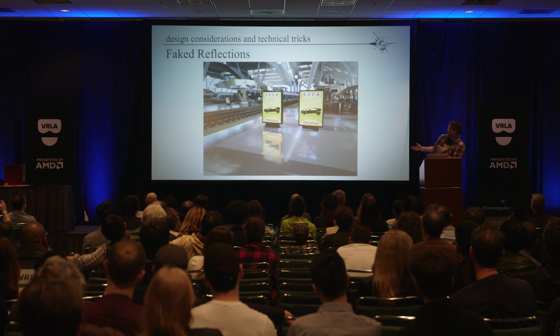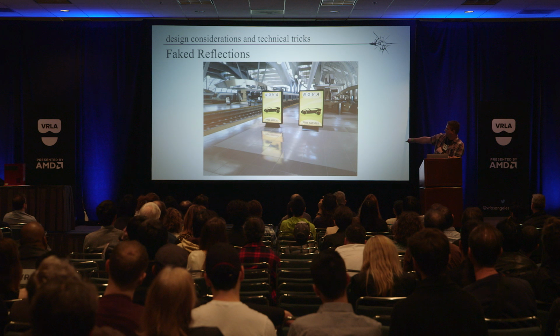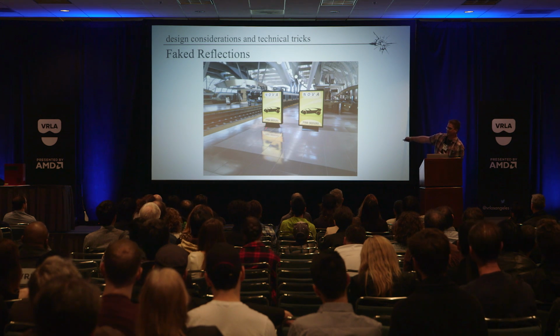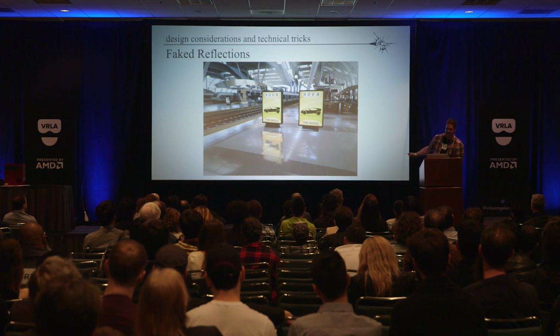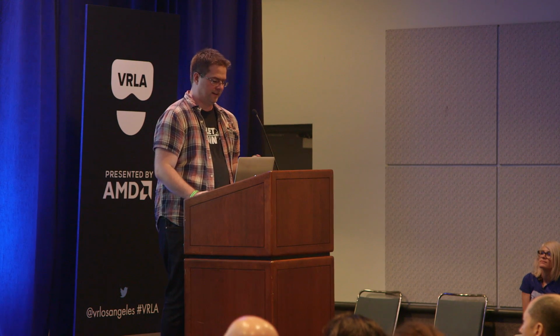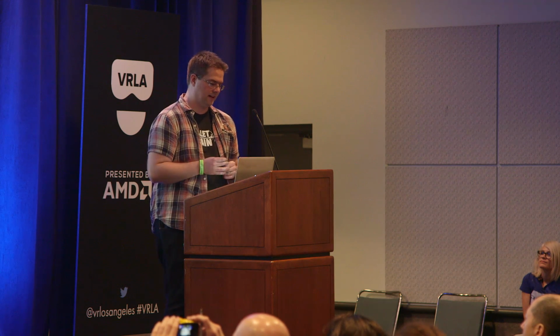So the reflections in the environment are actually all faked, right? So this is what it would look like if you just placed this sign in the level. It doesn't have any stuff on the bottom. But the problem with that, especially in VR, is if you don't have anything like a shadow or reflection to ground the objects in there, you can really tell in stereoscopic vision. So we decided, since the environment was all really shiny, we really needed to have fake reflections in there. With highly reflective environments, you need reflections to ground the actual objects.